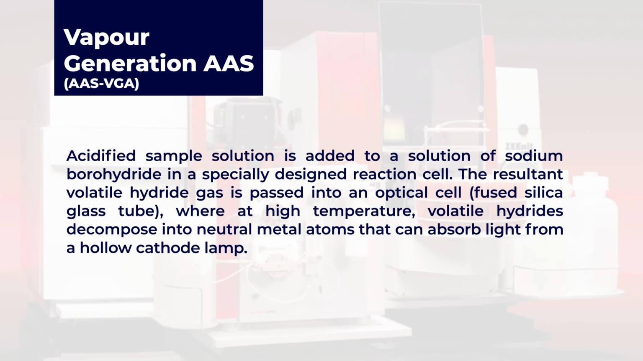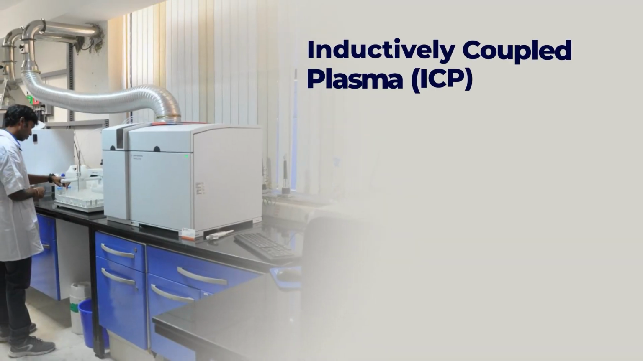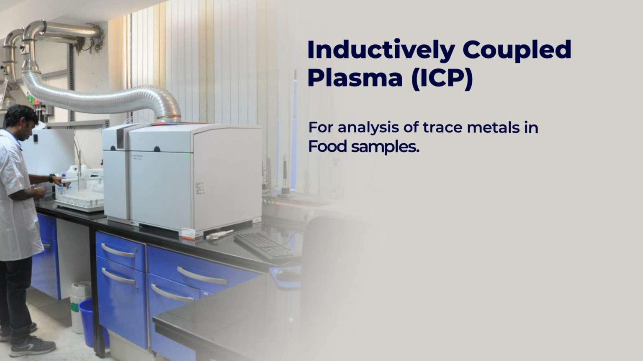Gaseous atom then absorbs the emitted rays and we get the analysis. After the atomic absorption spectroscopy, where the temperature is 2700 degrees or 3000 maximum, we have another technique, that is inductively coupled plasma. Here there is no gas. So this is for analysis of trace metals, because the ICP generally has much lower LOQ, limit of quantification, than